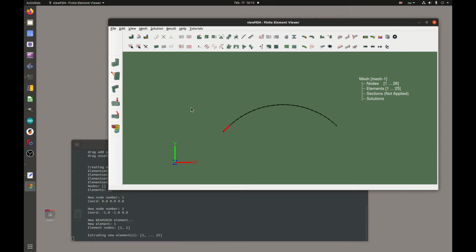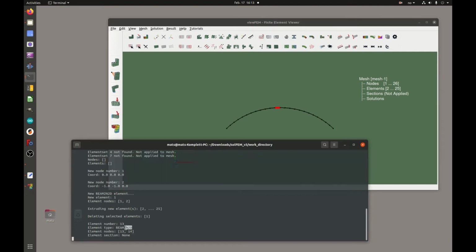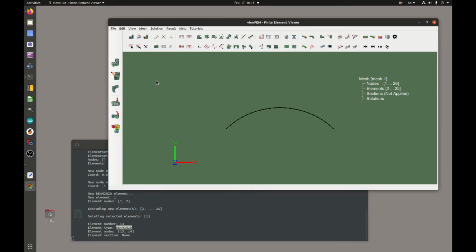And now we delete this original element. We don't need that anymore. So we can have a look at our element. So we can see here it's a 2D beam element. And next we are going to, see, that's node number 1, and here we have node number 26. Well, actually let's create